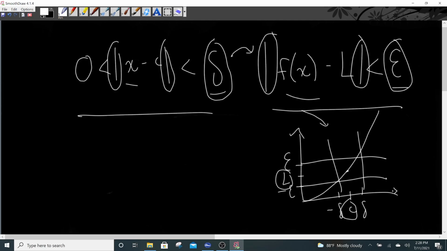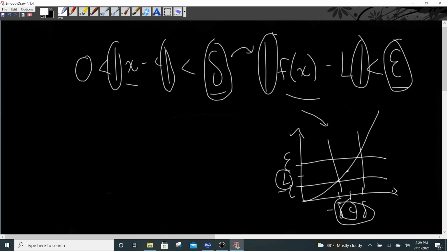This might get into the concept of if-then, which is not easy to comprehend, but it's a different field of math than what we're doing right now. So I don't want to get too abstract with it, but what we're essentially saying is that when we have this range of negative delta to delta,